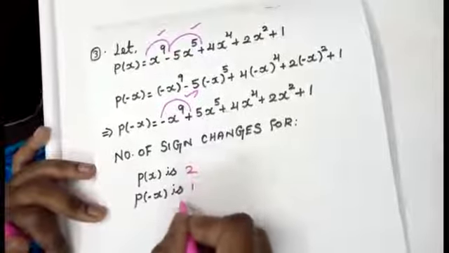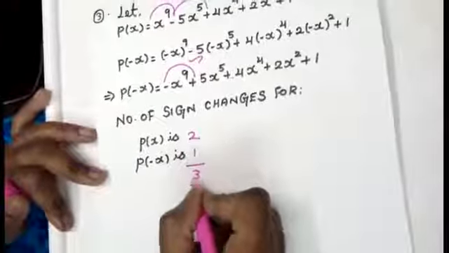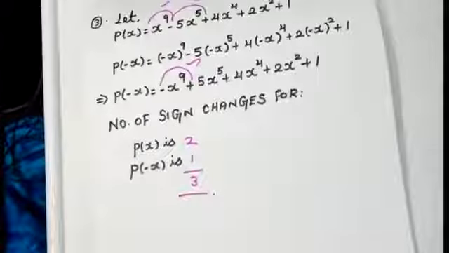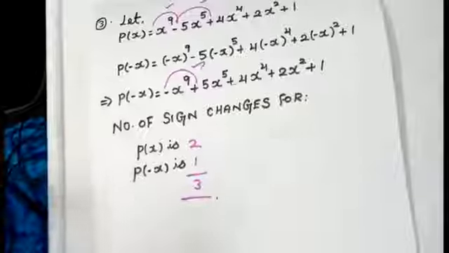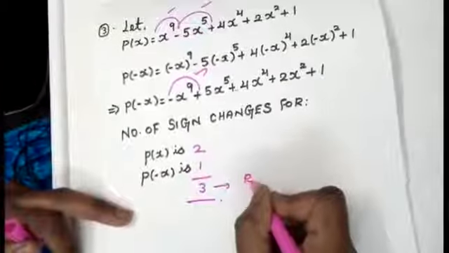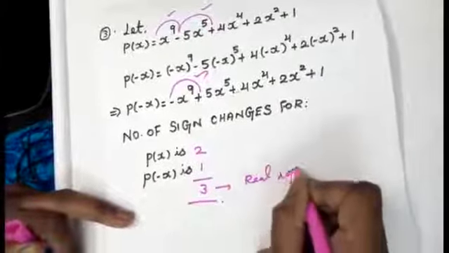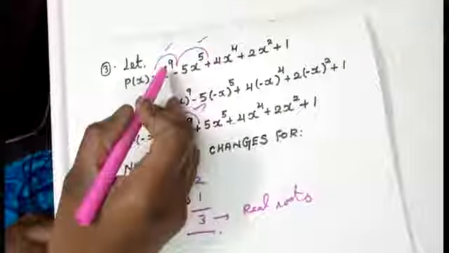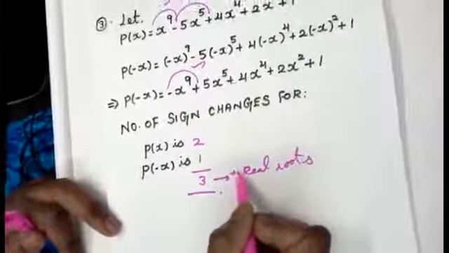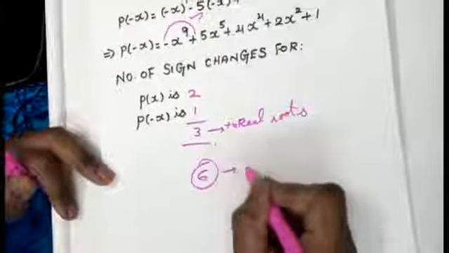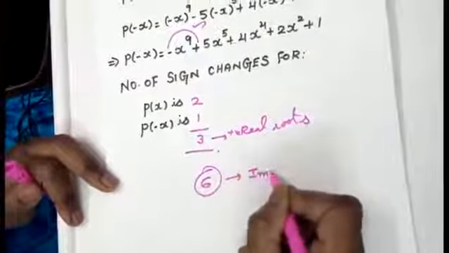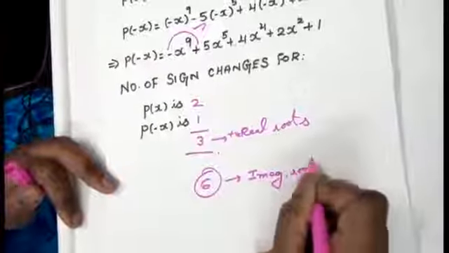So totally how many sign changes are taking place here? 3. So this is the concept. 3 times the sign is getting changed across positive and negative roots. This is for the real roots. The highest power of the equation is 9. Totally I am going to get 9 roots. Of those, 3 are real roots. The remaining 6 are going to be imaginary roots. So that is the concept they are telling here, students.